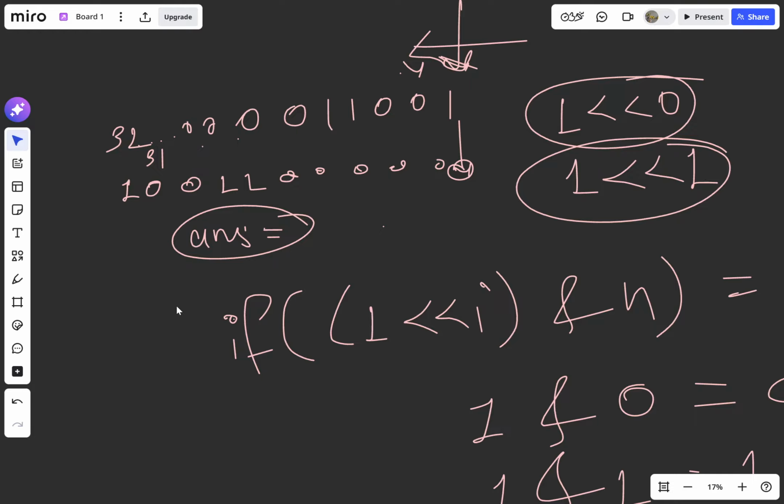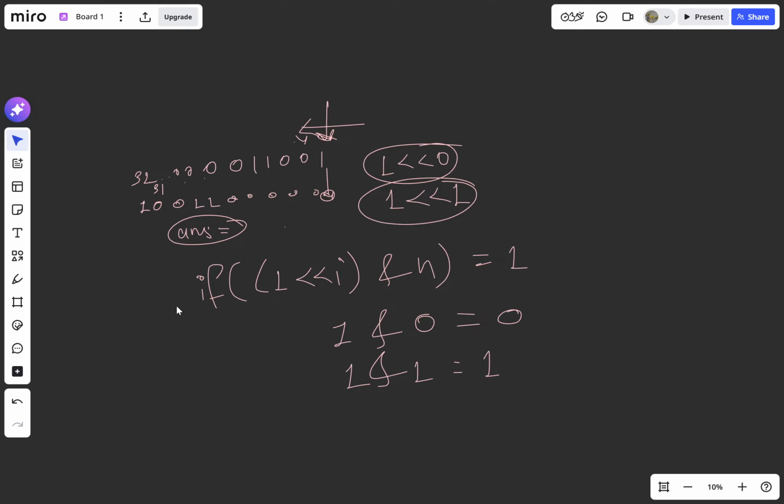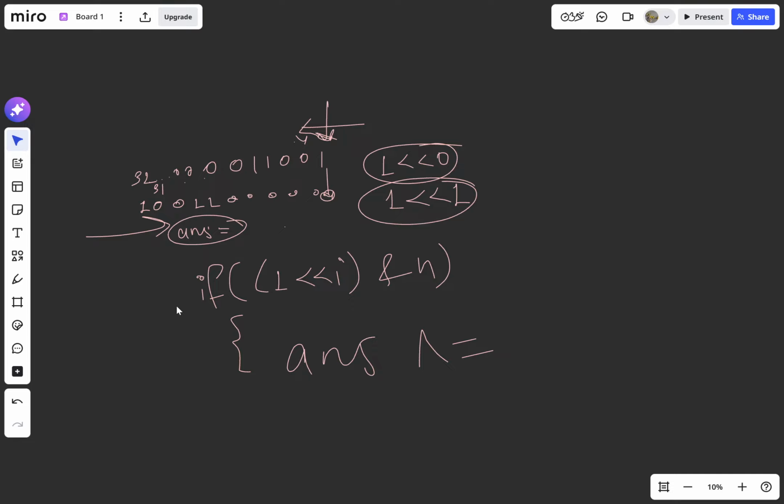So by using bitwise operations, we can check if that particular bit is a set bit or not. If this condition is true, if this if block runs, then we traverse from left to right in the answer. So in answer we will store answer XOR equal to one left shift of